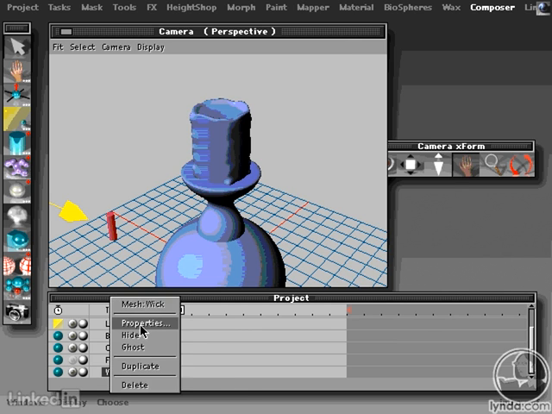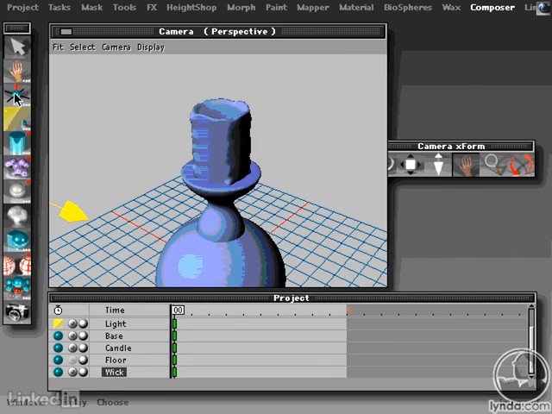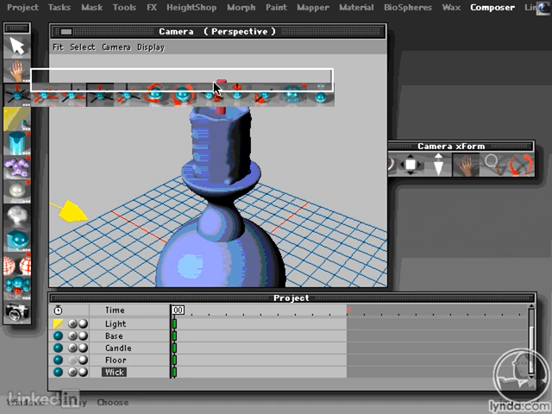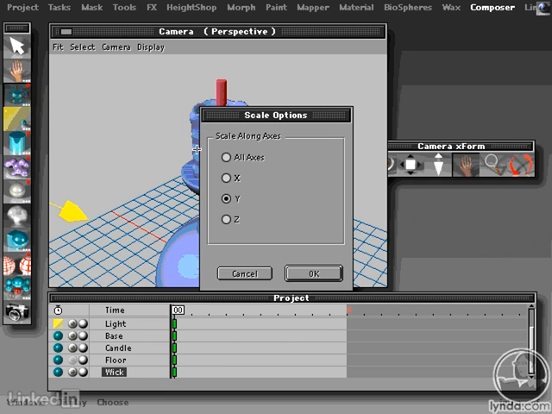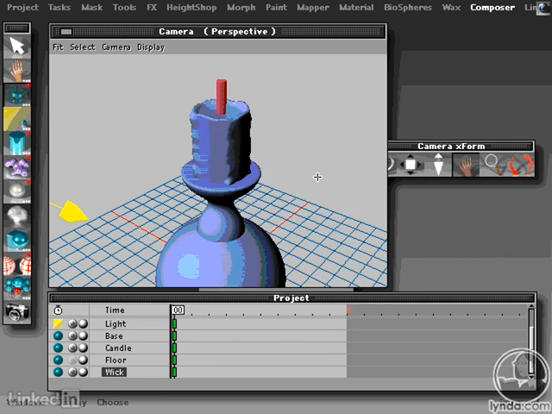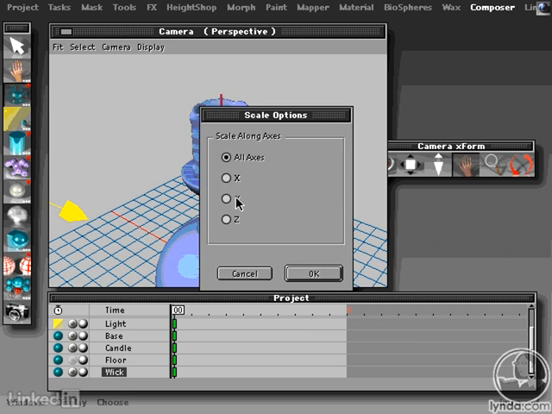And I should probably change the center point. And now just keep moving it until I see it protrude through there. And I'll go ahead and scale him down and change it back to all axes. So just scale it back down, maybe somewhere in there, and go back to